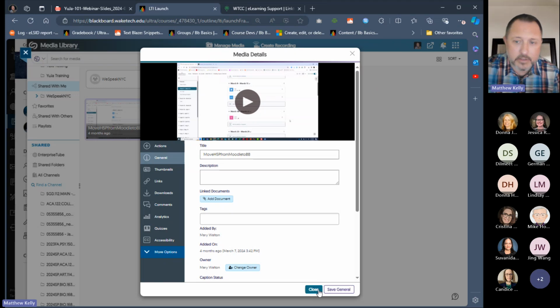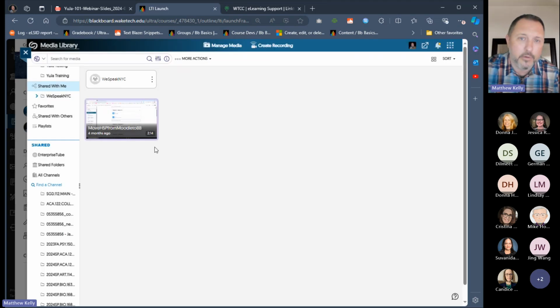If you have access to a video or you create a video in your YuJa media and then you insert it into the course, it's placing that video into the course in the course content area where you've told it to, but it's also publishing that video to that course channel or that media channel. So it's just something to keep in mind when you're publishing these videos.